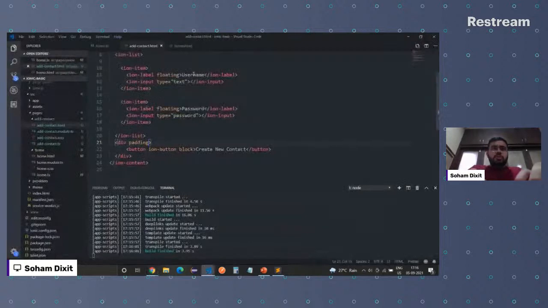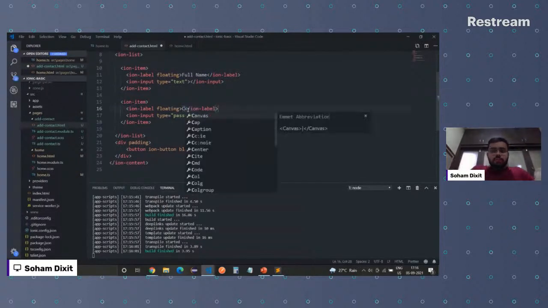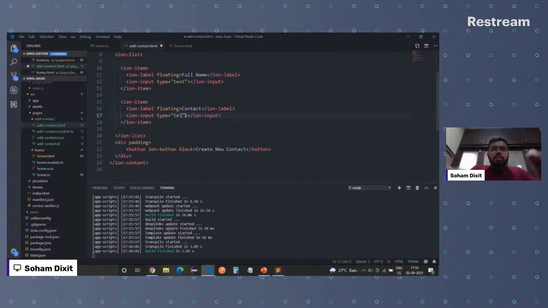Let's replace this username field with full name, and instead of password, let's have contact, and the type is nothing but tel, like telephone. When I set the type to tel, there is also one attribute with this ion-input tag, max length. So the max length that input will have is 10 for us.